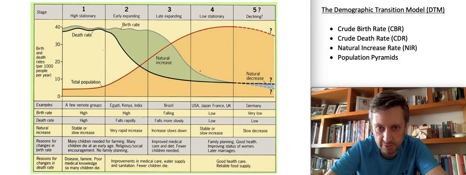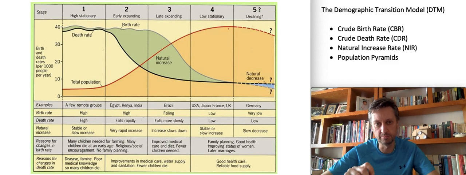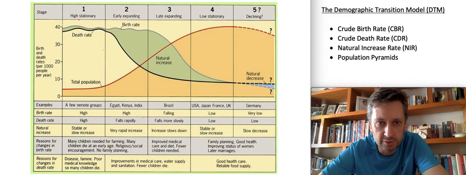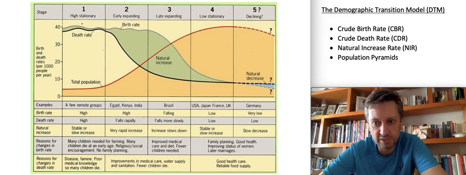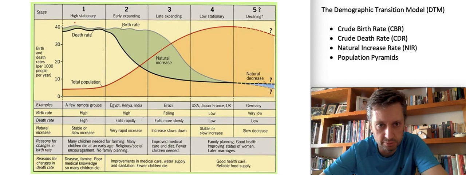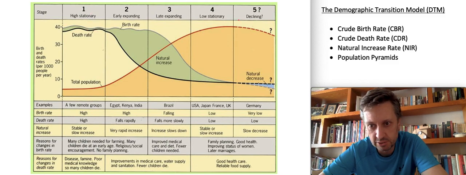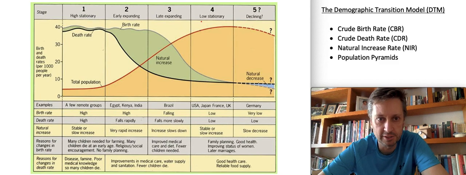And because of that, because the birth rate is balancing out the death rate, you can see that the natural increase rate has plateaued. The population is stable. Okay, so if we go back to what the syllabus said, the DTM, the demographic transition model, shows you a model of movement from a pre-industrialized society to an industrialized society, and you can see those 4 steps